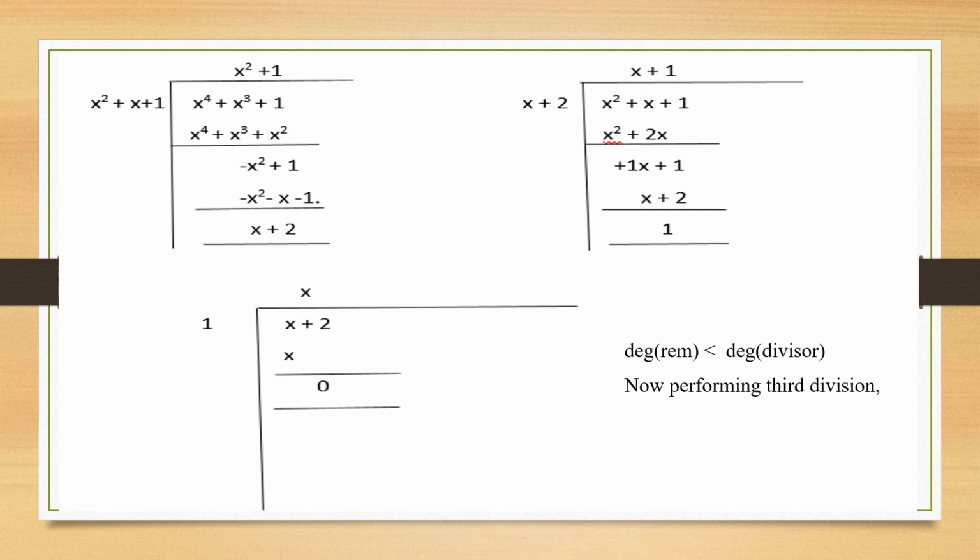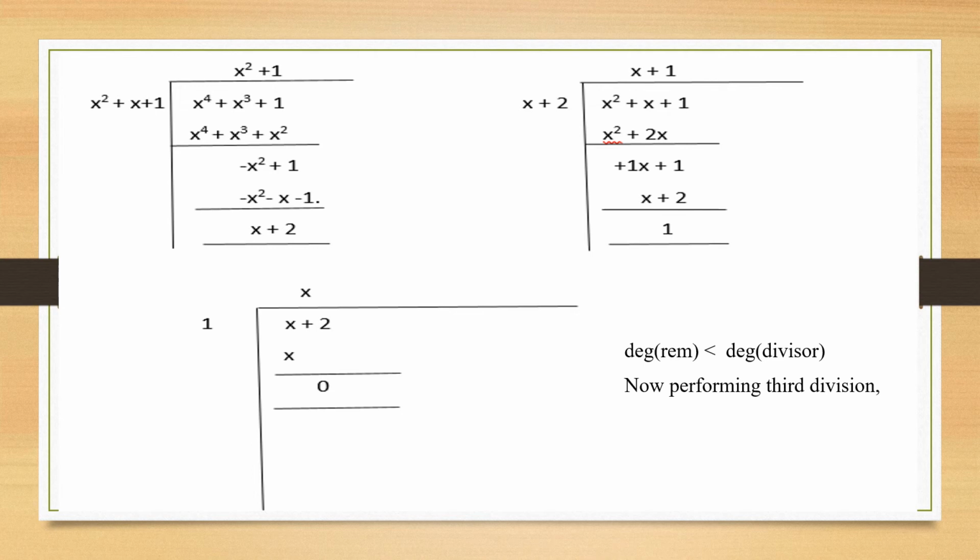When you change, this is minus x. Again, minus x is not accepted. So you have to add 2 to it and you get plus x. And this will be minus 1. Minus 1 is not accepted here. You have to replace it by plus 1 and you get 2 here. Now, once you land up with the remainder